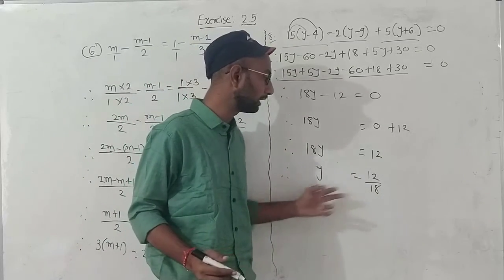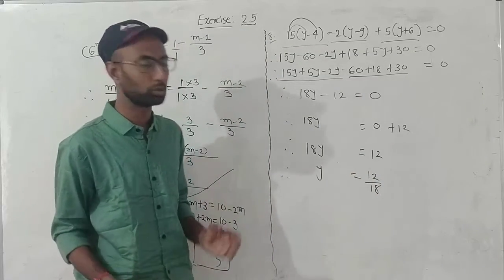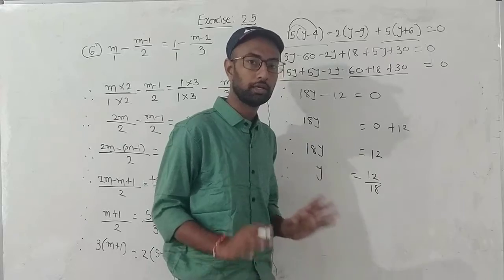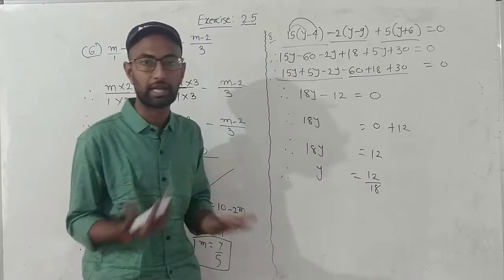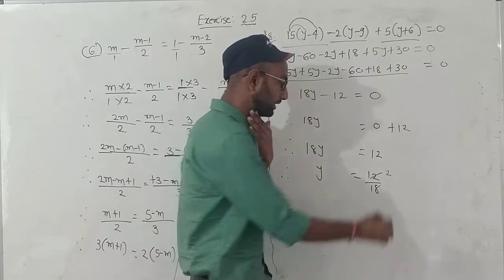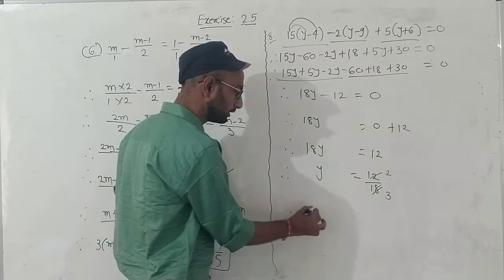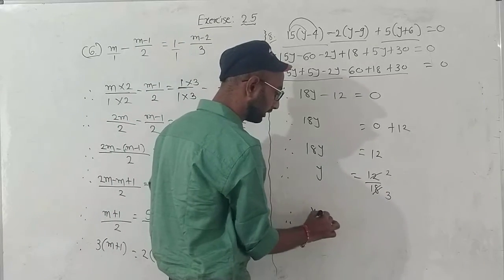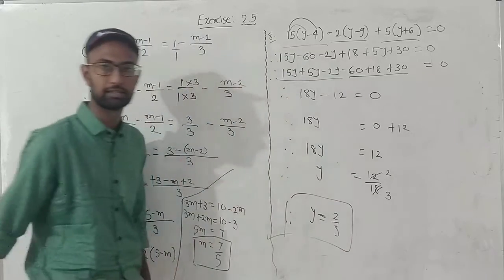कि value of variable is 12 divided by 18. So if it is possible to simplify this value more, अगर possible है इस value को more simplify करने का, तो we will try. You can see 6 2s are 12 and 6 3s are 18. So value of y is 2 divided by 3. So this would be our final answer.